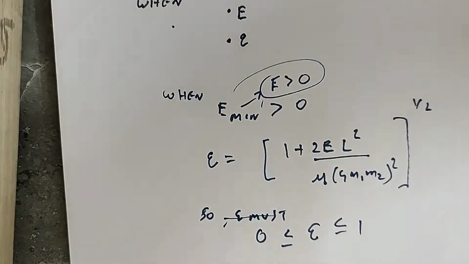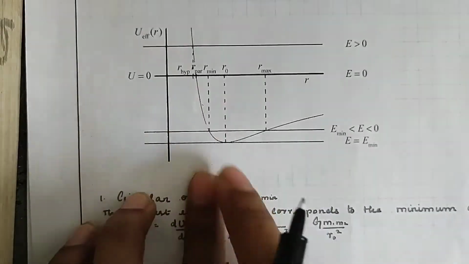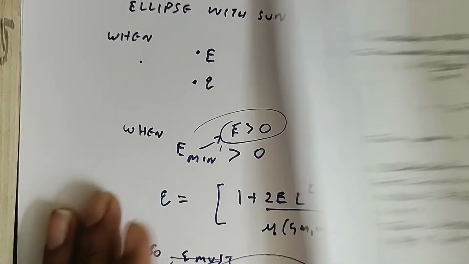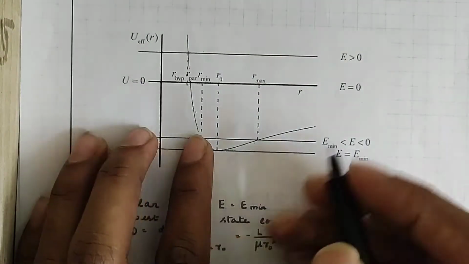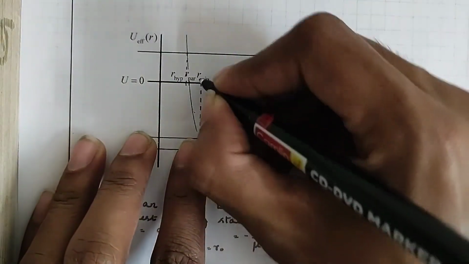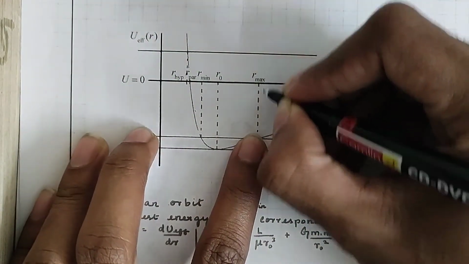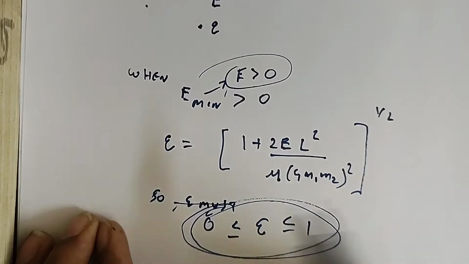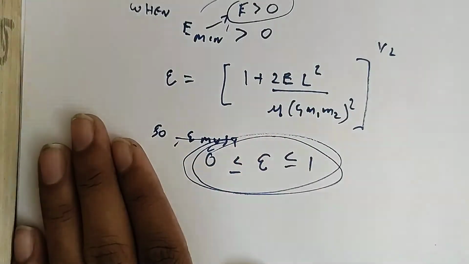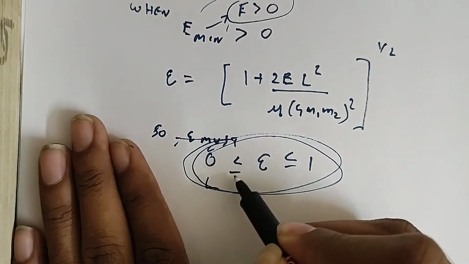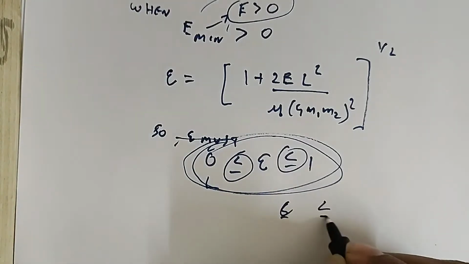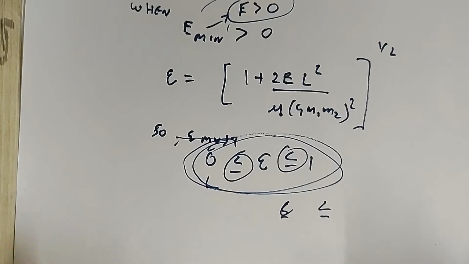Why? We again need to go to the graph. You see why epsilon needs to lie between these two. If you see, there are two turning points, one corresponding to R minimum and another corresponding to R maximum. So it creates a boundary. Similarly, this epsilon condition is nothing but a boundary, and you see it's not just less than, it's less than or equal to. That means you can have epsilon